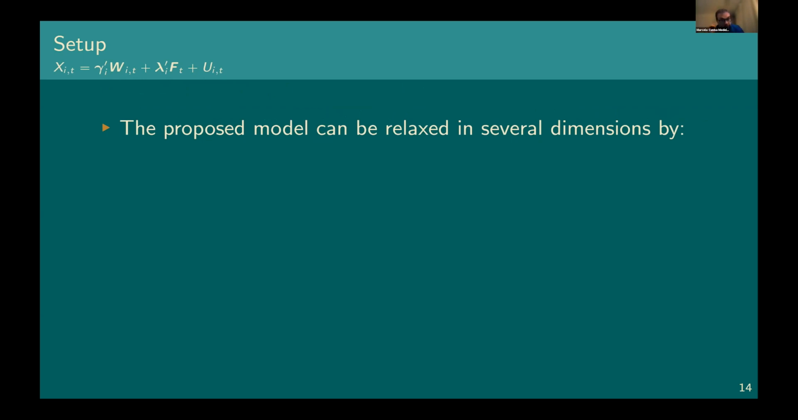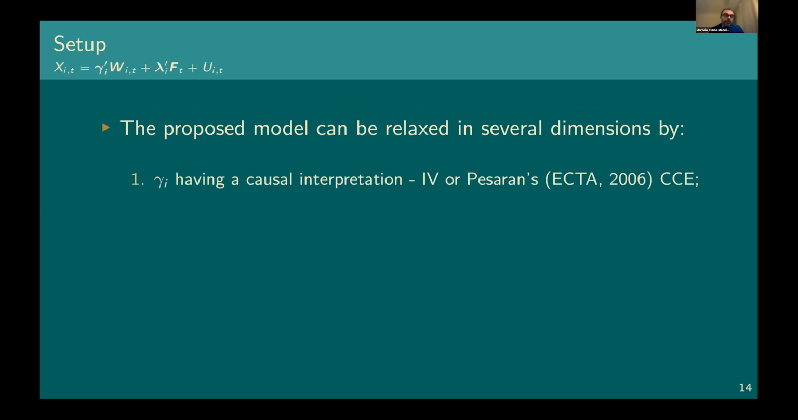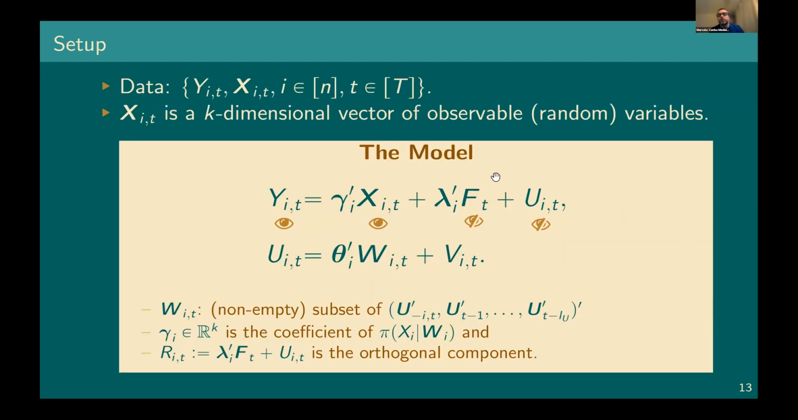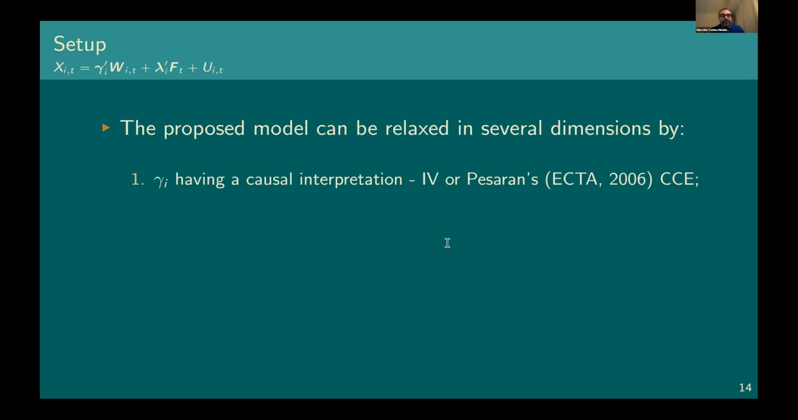Some comments here. The proposed model can be relaxed in several dimensions. Most of our results are for projection models. So basically, going back here, this is the projection model. We are not giving any causal interpretation for the gammas, the lambdas, or whatsoever. However, it's easy to fix the estimation to make, for instance, the gamma have a causal interpretation. Basically, we are going to replace the first step. The first step in our methodology is an OLS. We can replace the OLS by an IV or a Pesaran CCE estimation method,